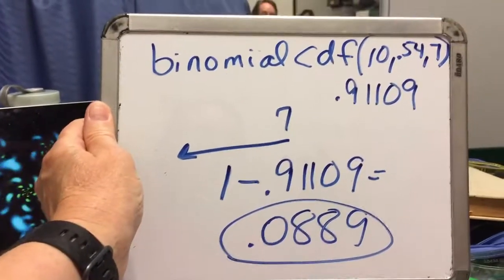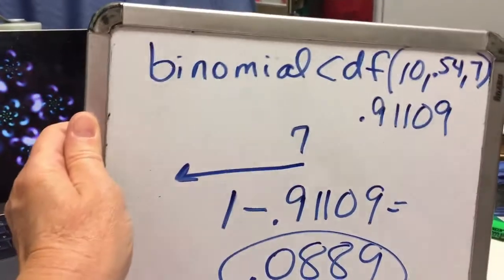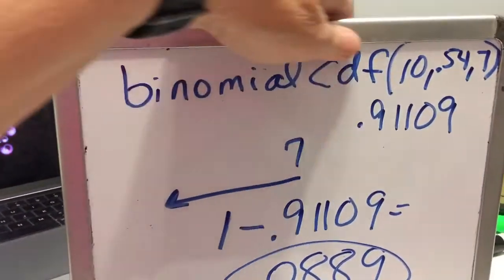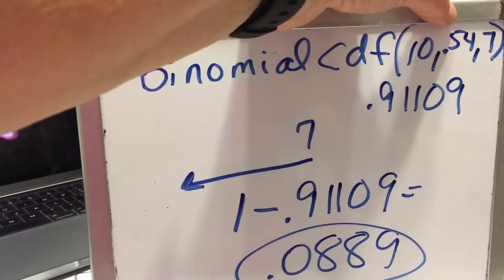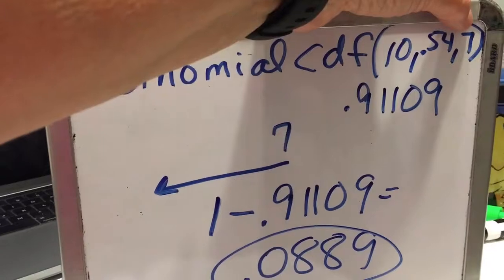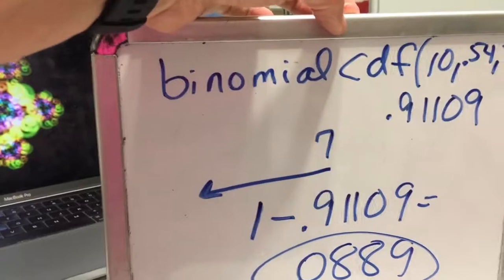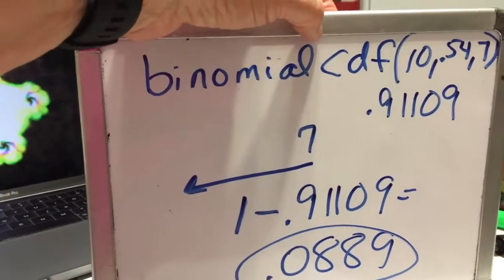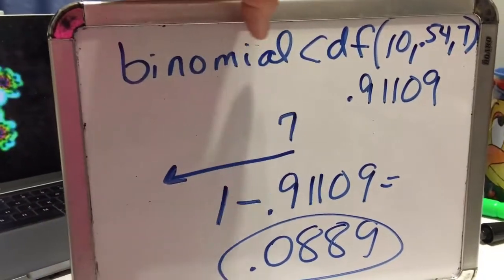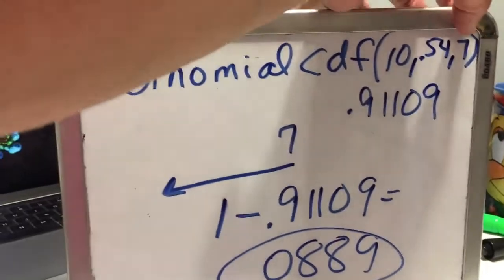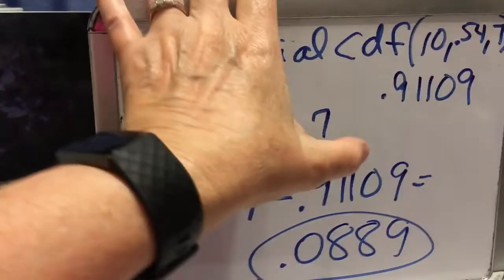Okay, so then I decided let's do the same thing on the calculator. I took binomial CDF, and when you're using the binomial CDF, you're going to put down your 10 for the total number of trials. Your 0.54 is your probability of success. And remember, your binomial CDF, all of your functions are going to take it to the left of the number that you want. So since we wanted 8 or more, we're only going to let our leftmost part go up to 7 because 8 is in our problem. So we're going to go all the way up to 7. The probability was